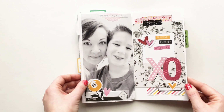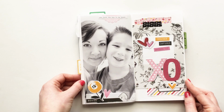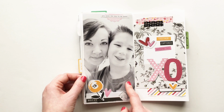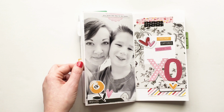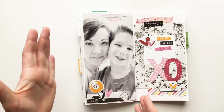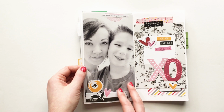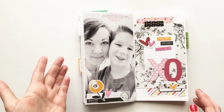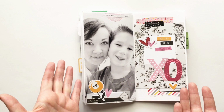This is another page that I did for Gossamer Blue. This is from the February kits, and I had this photo of Marshall and I from a summer and a half ago. It was not last summer but the summer before that, and I've been hanging on to a larger print. It's already been scrapped in the week that it happened with a smaller photo, and I had printed it in a larger size as well, just in case I wanted to use it, and I never had. So I trimmed the sides of our faces off, which actually works really well,